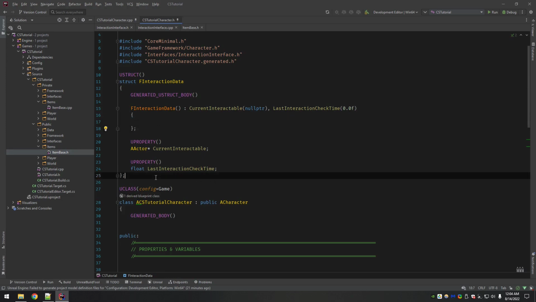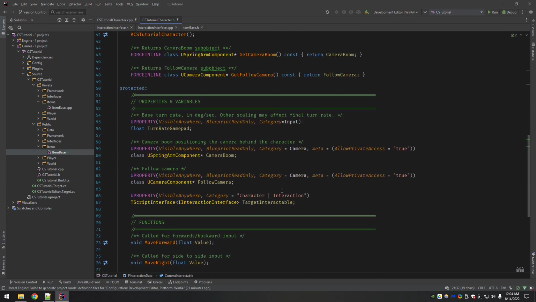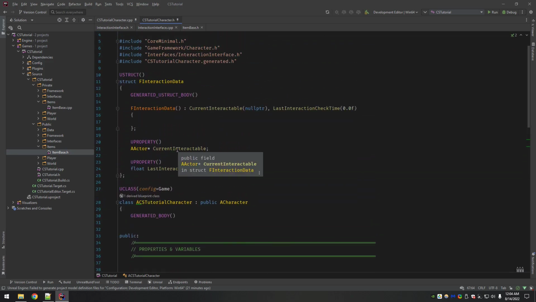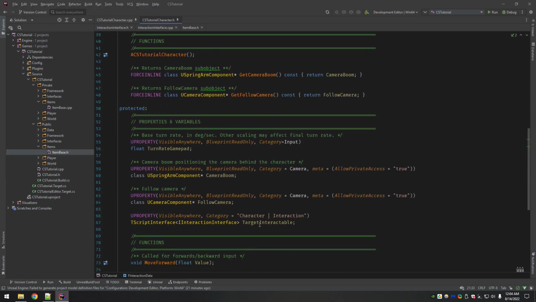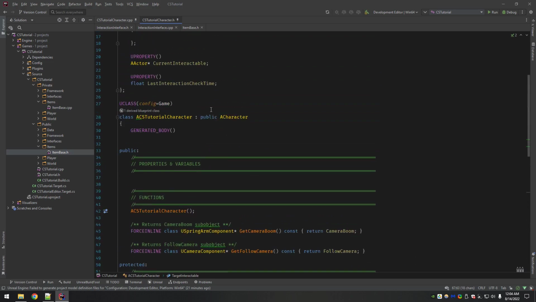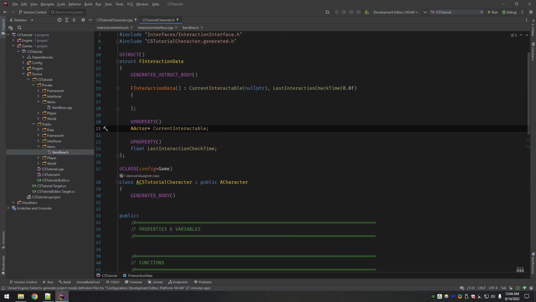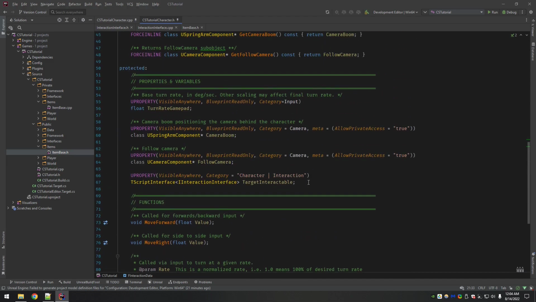There we go. Okay, so this is different from our target interactable, because target interactable means this is what we're hitting and actively processing through the line trace. This one is the one that we have stored, saying this is the one that we just found, and it allows you to check and see if it's valid, or if it matches. You can say, okay, if we just found something, does this match the current interactable? So it's really useful for that. All right, so those are the crucial pieces of data to start with.